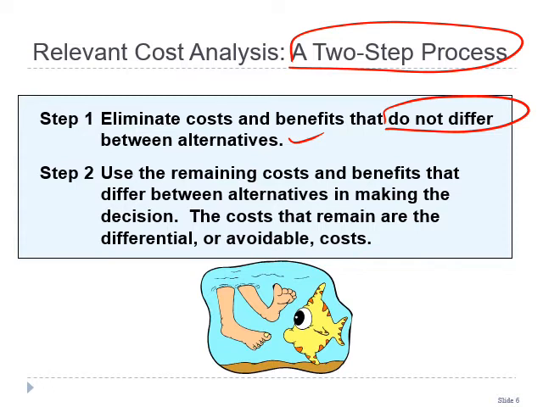But regarding step 1, in this case you do not include the sunk cost and all those costs that do not differ between the alternatives. The previous slide, two broad categories were just discussed, okay? And now step 2 is to use the remaining costs and benefits that differ between alternatives in making the decisions. So here the costs that remain are differential or avoidable costs, or the difference like we just discussed in our option 1 and 2, salaries,